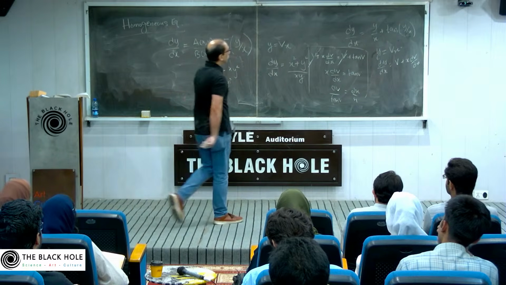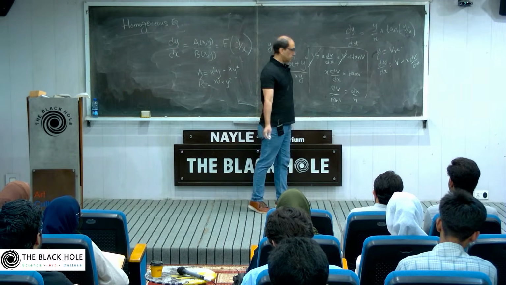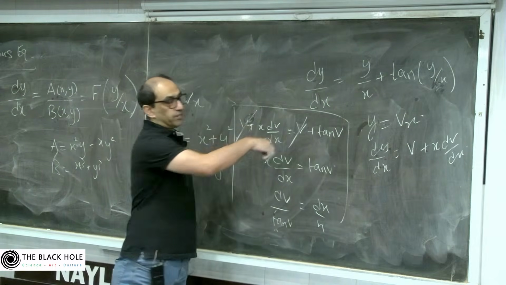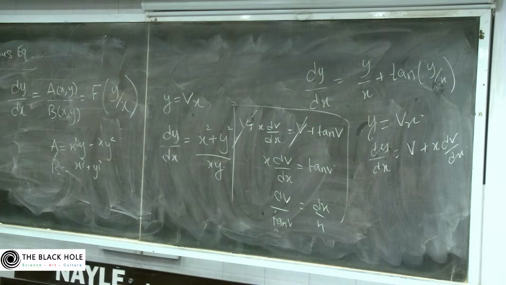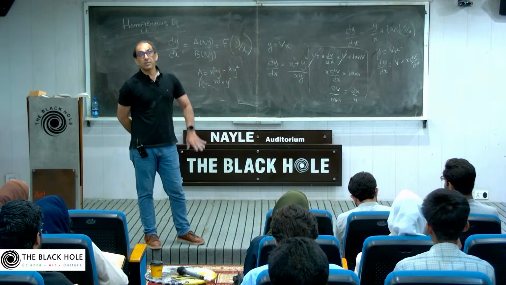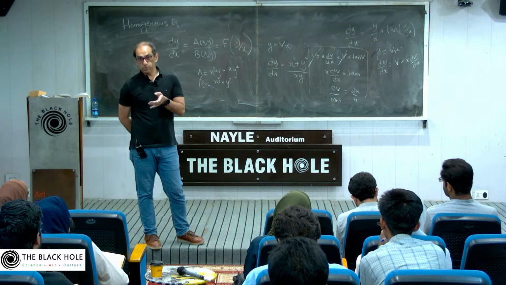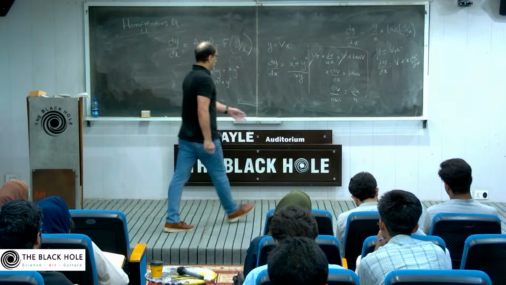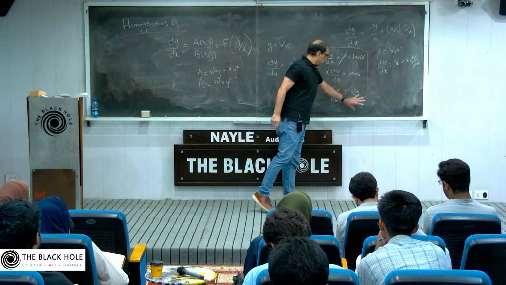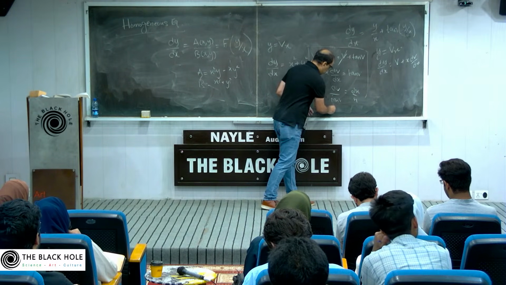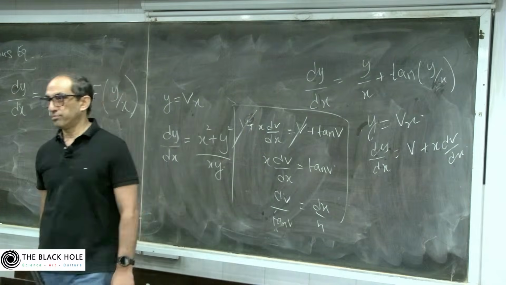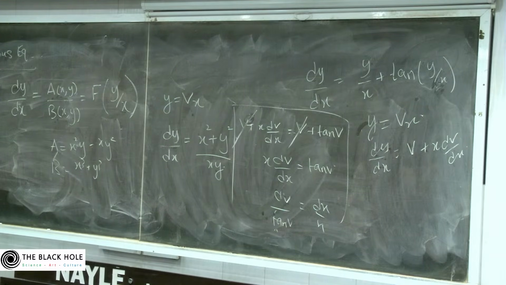And once you find out the answer, you will just plug it back, v is equal to y over x in the original set, because eventually the task before you is to find y, not v. So once you take the integration, you get the answer, you will eventually change it to y over x. So the solution that you get over here in this case is